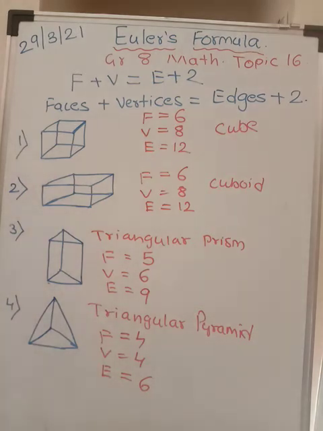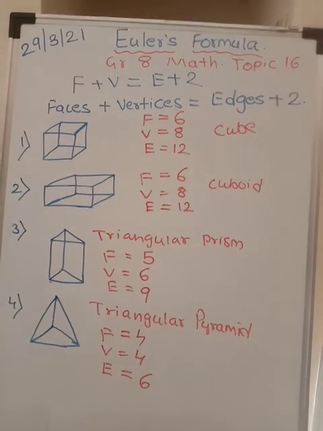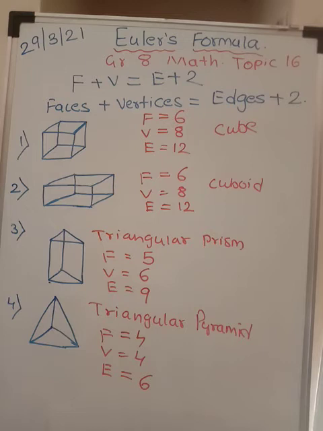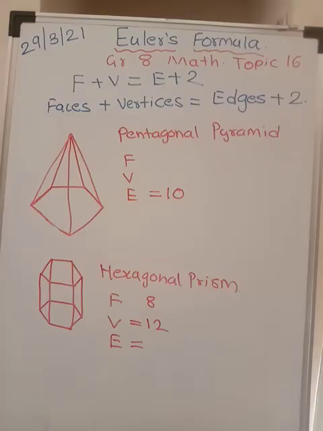Now remaining 2: pentagonal pyramid and hexagonal prism. Let us see those also. Please take this down because you will have to do it in tabular form as shown in the textbook. You may do it as it is shown in the textbook or you can write in this form also. So let's go ahead with two more diagrams now. Now look at the next diagram.